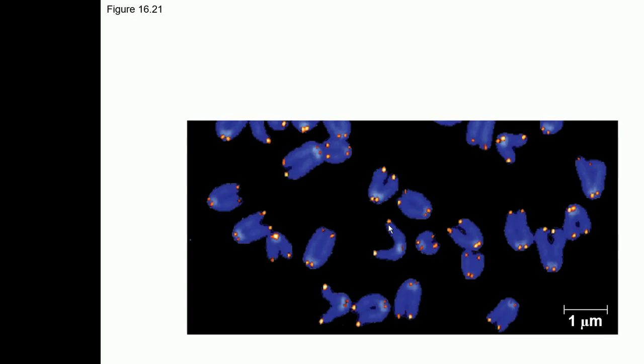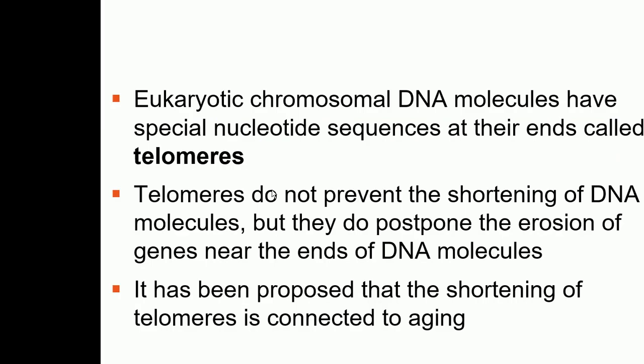Okay, this picture is taken by a fluorescent microscope, and these points which you see, which are being lit, are showing fluorescence. These points are basically showing the telomeres. So you can see how the chromosomes are, and how at the ends of the chromosomes there are telomeres, and they're also called caps on the chromosomes.